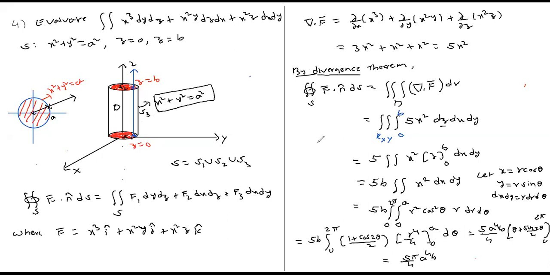How many surface integrals have to be found out? Can you tell me? 3 surface integrals. Any other answer? I can evaluate the surface integral over the lower circular disk. There is no problem for me. I can evaluate it over the lower circular disk. I can evaluate the surface integral on the upper circular disk. There is no problem.